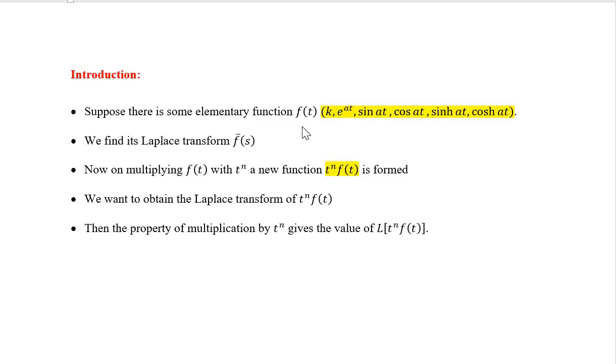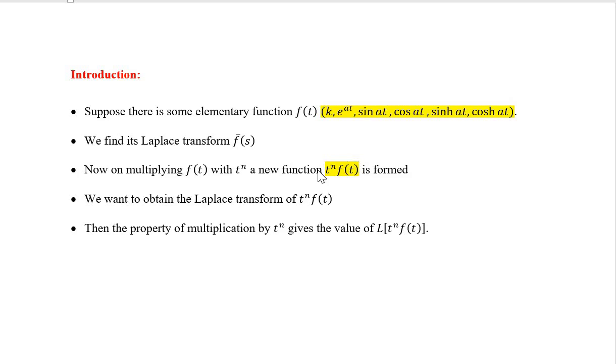Suppose f of t is some elementary function, a function which is a constant or exponential e raised to at, circular sine or cosine of at, or hyperbolic sine or cosine of at. So f of t may be any one of these functions. Then by basic formulas of Laplace transform, we can obtain f bar s, the Laplace transform of this elementary function f of t. Now if to this function f of t we multiply by t raised to n, where n is a positive integer,